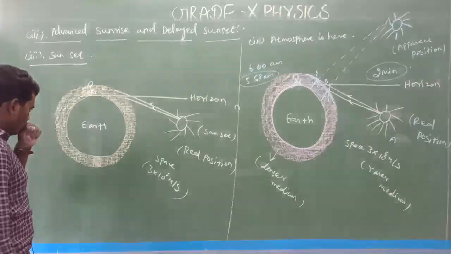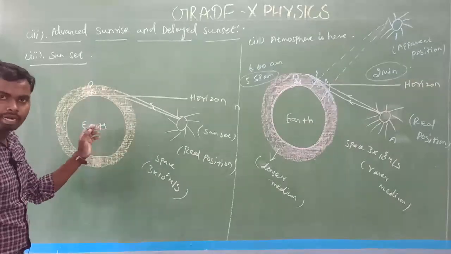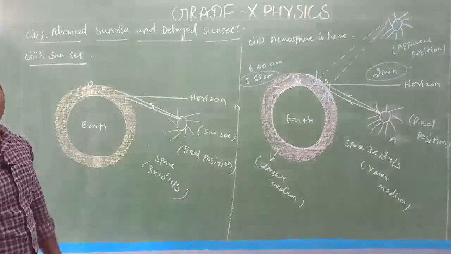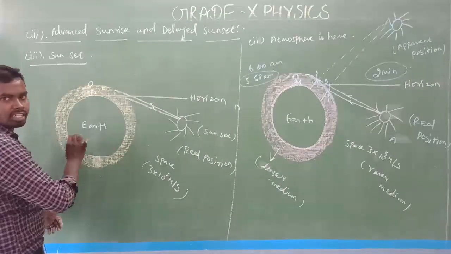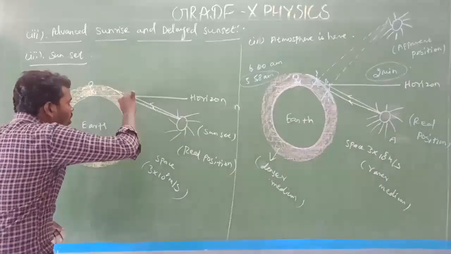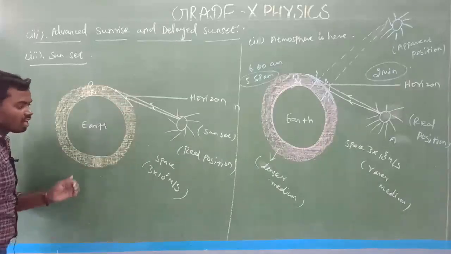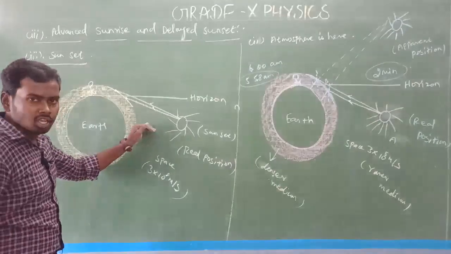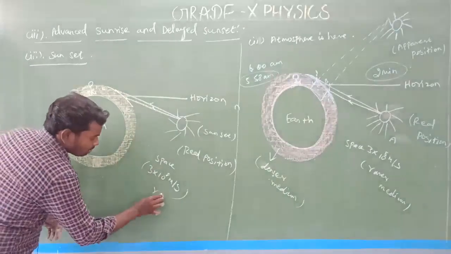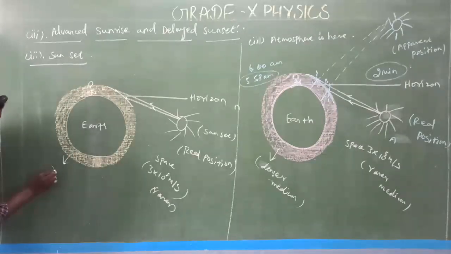The Earth's surface is surrounded by atmosphere, made up of different air layers having different densities. There are two light rays which fall somewhere over the Earth's atmosphere here, at this point of incidence and that point of incidence. Before entering the Earth's atmosphere, light travels in space. Space acts as an optically rarer medium, and the atmosphere acts as an optically denser medium.